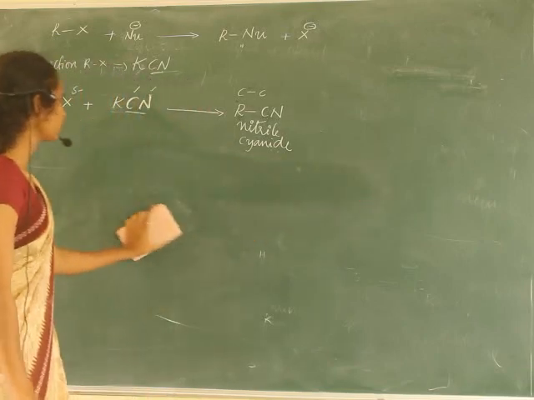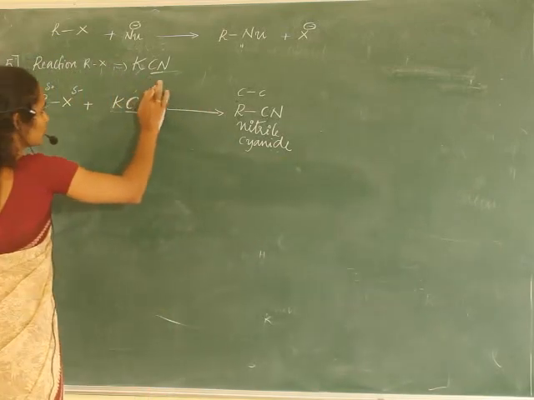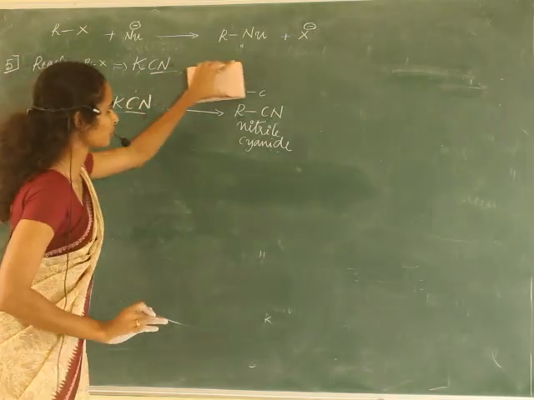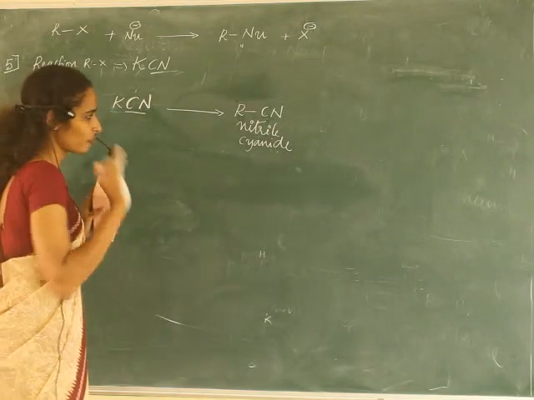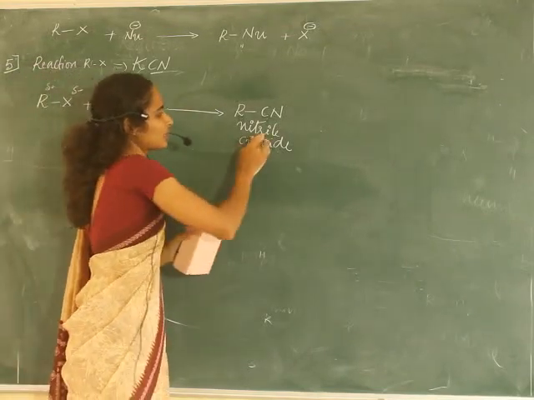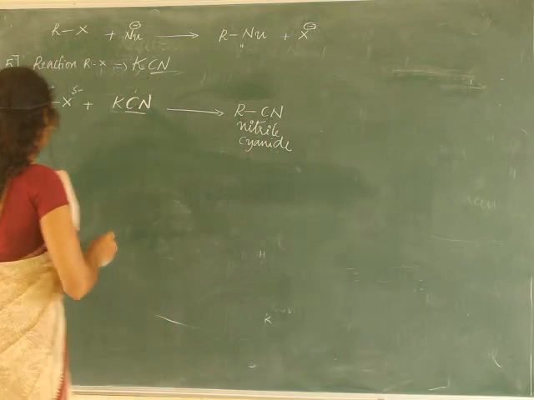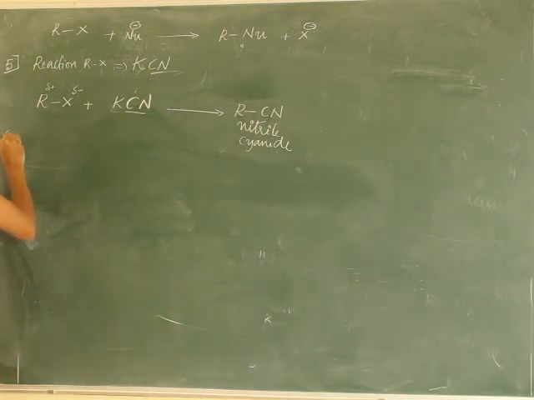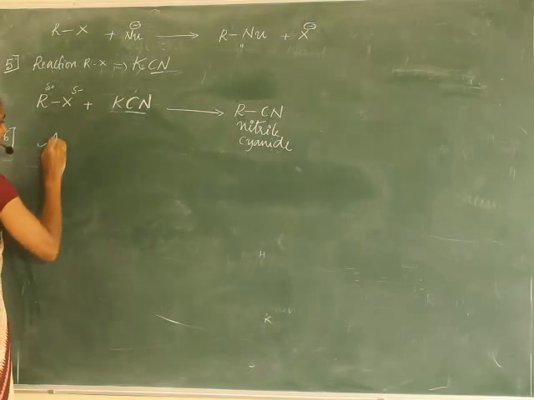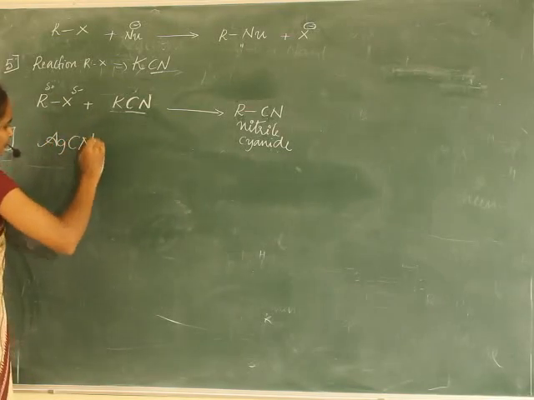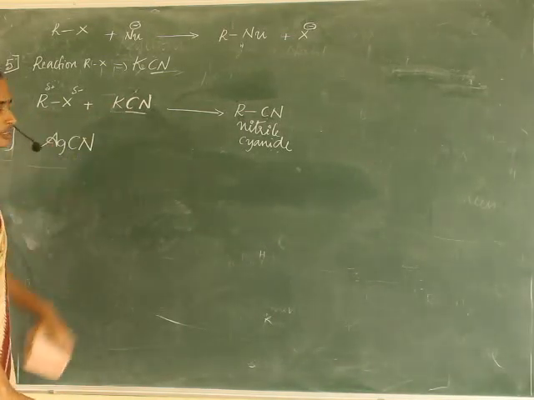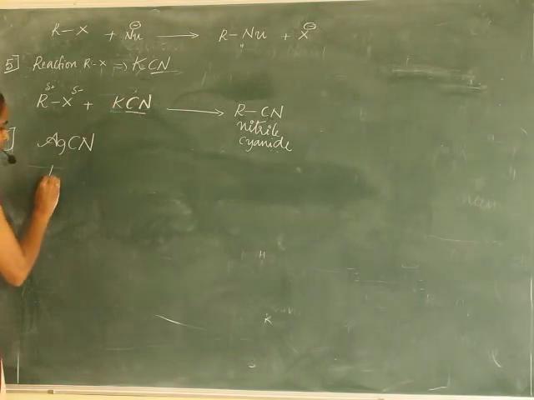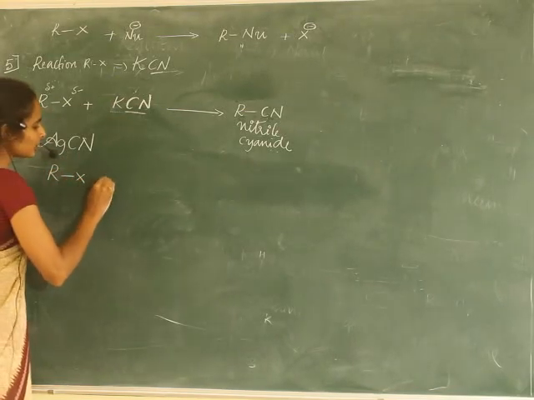Now, it's an important one. Usually, they'll ask for 1 mark. What happens when alkyl halide reacts with potassium cyanide? On reaction with potassium cyanide, we will get a nitrile or cyanide. Next, the sixth one, reaction of alkyl halide with alcoholic AgCN, silver cyanide. See here, potassium cyanide reaction. Here, silver cyanide reaction. What happens? Here, alkyl halide on reaction with